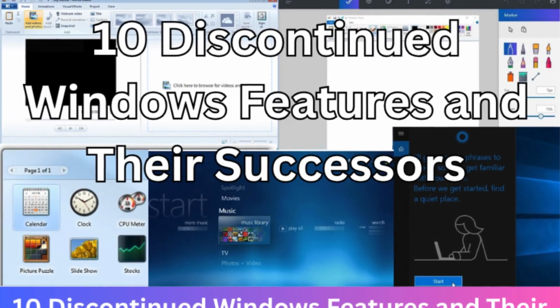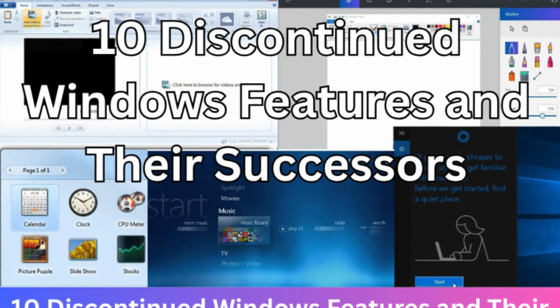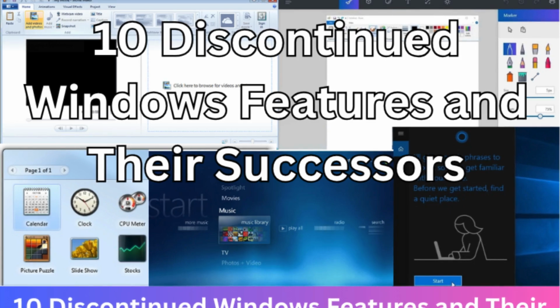Over the years, you may remember some classic features like WordPad, Windows Movie Maker, and more. Microsoft has completely transformed our desktops over the years, leaving some of our favorite and most bizarre tools behind. In this video, we will take a look back at 10 discontinued Windows features. From Windows Media Center that hardly anyone used, to well-liked utilities replaced by third-party apps, find out which classic features